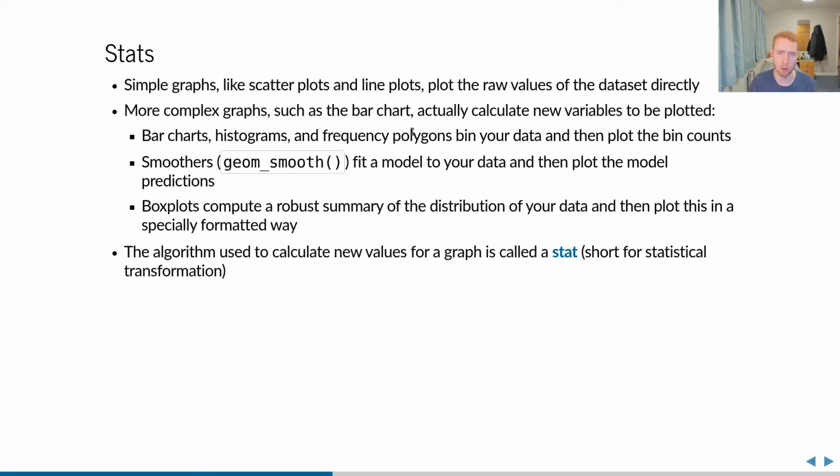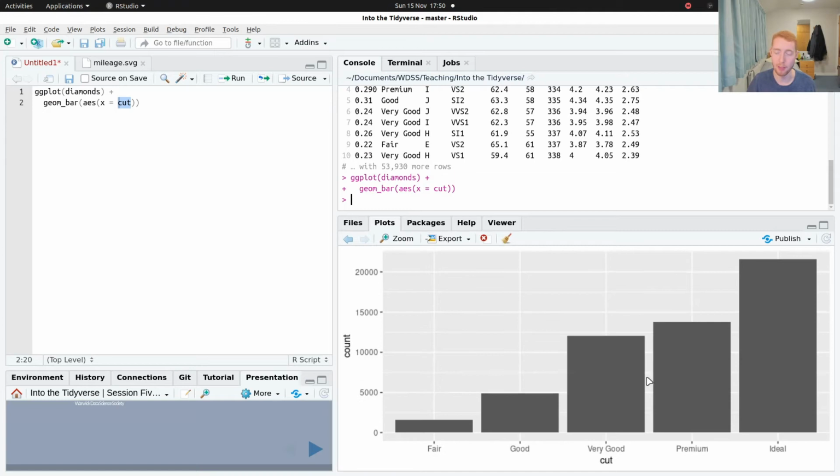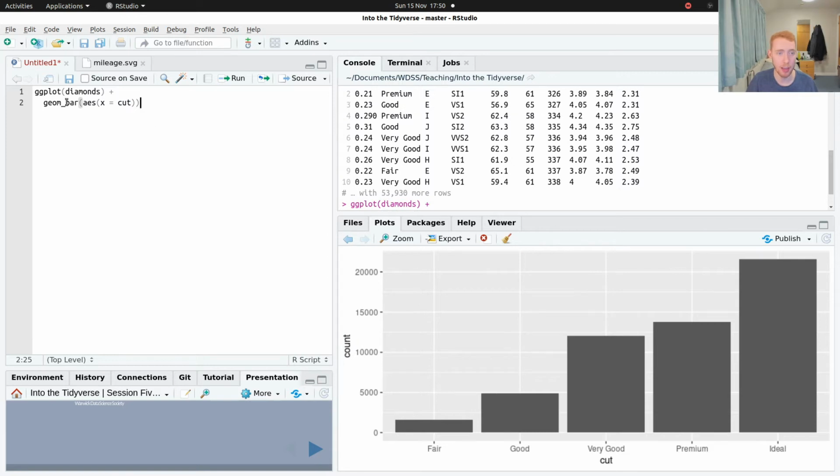So I won't get into what these things are. If you're not familiar with them, just have a search for them. You can find an image. How these work is by binning your data into groups and then counting how many appear in each bin. In this example, we grouped it into the bins, one for each level of the cut, and counted how many was in each bin. We do a similar thing with